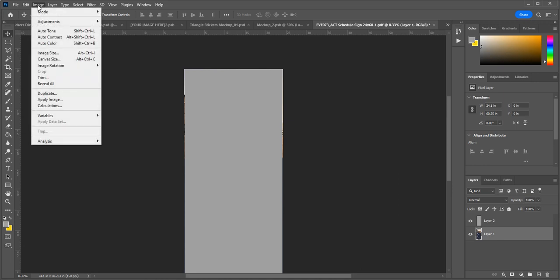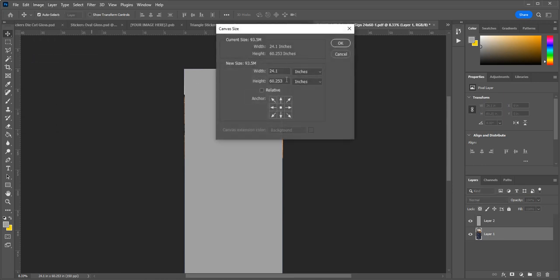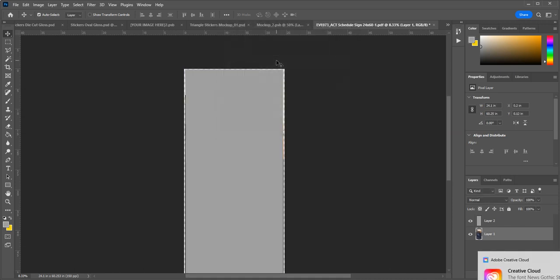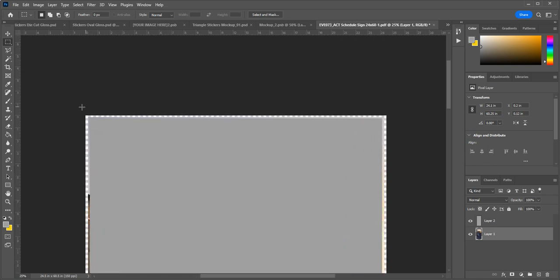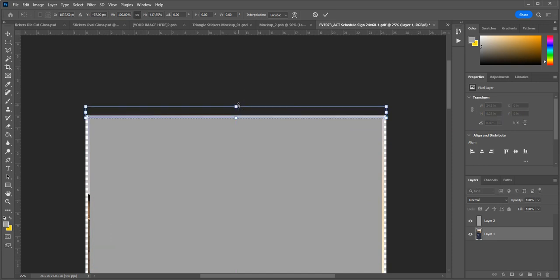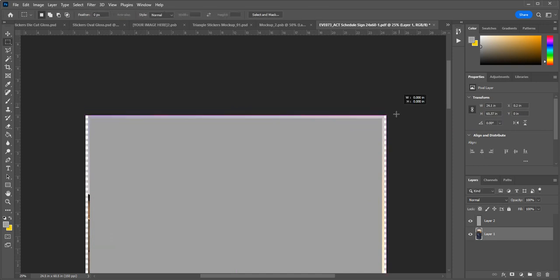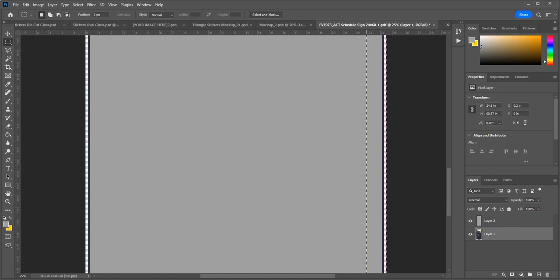After that takes, we're going to go to canvas size, and we're going to add a 1/2 inch to the finished size, so it becomes 24.5 by 60.5. After that populates, go ahead and grab the rectangle marquee selection tool, and we're going to grab just the sliver of the top of the artwork that's showing, hold shift and just click and drag up, and then this process gets repeated